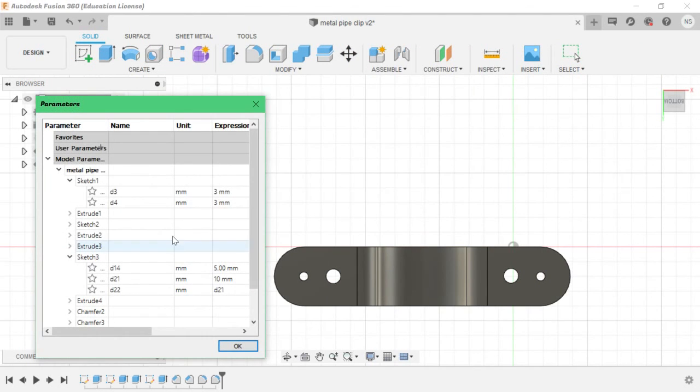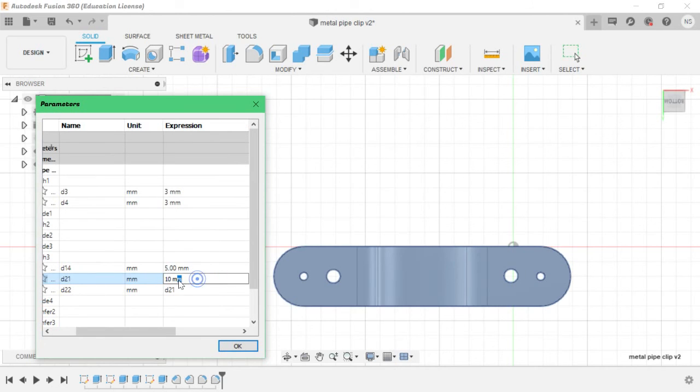We can give any relation like this is 10 mm. So we can give a relation like D14 into 2. Okay, D14 asterisk 2. Then these both are in relation. Like what you have given to D14, it will be in relation with D21.